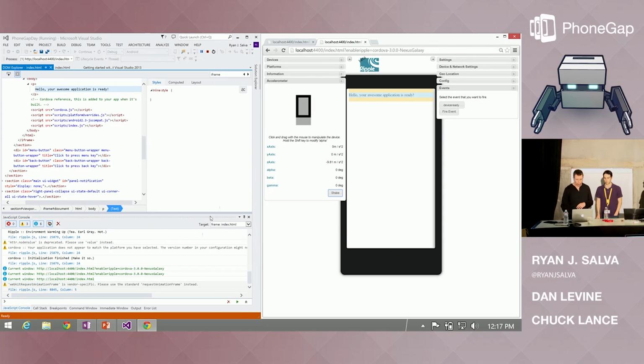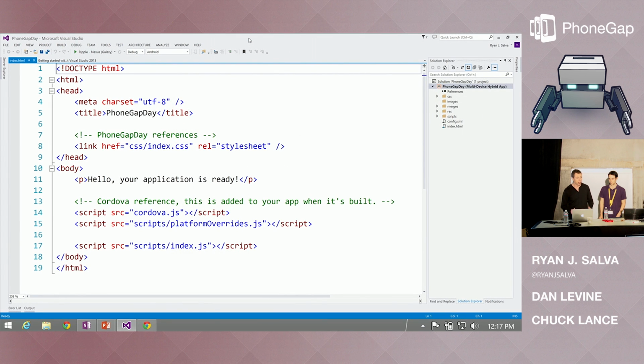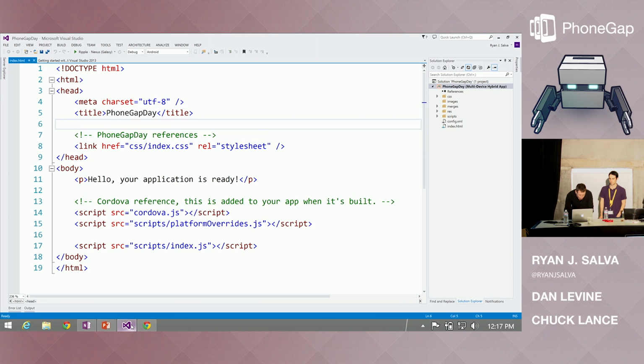Cool, awesome. All right, so I promised that we would add in some plugins. I'm going to stop debugging over here in Visual Studio. Promised that we would add in some plugins, and then let's deploy to a different target. For this one, I want to use another project that's a little bit more exciting than Hello World. So if you guys don't mind, I'll skip over to a different project. You'll see it's a totally silly project. There's not a whole lot going on in it. All right, let's go over here. Oh yeah, this is it. Totally sweet. Okay, so we're going to add in a couple of plugins.